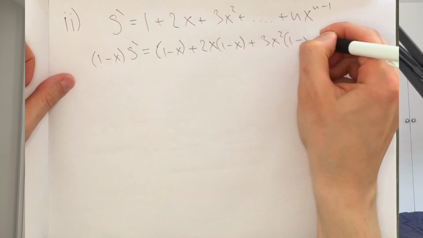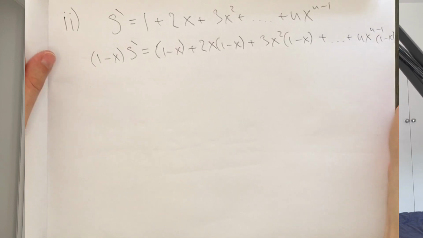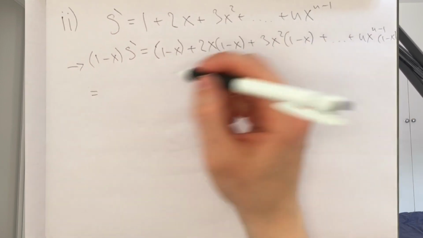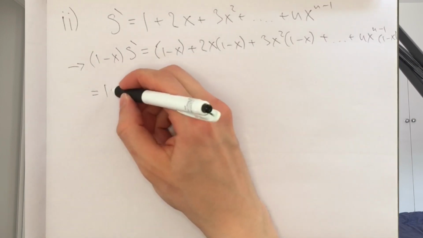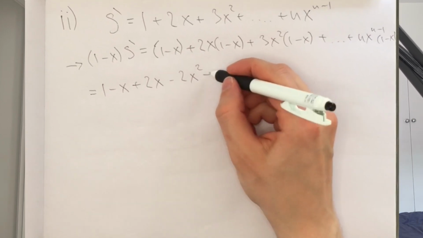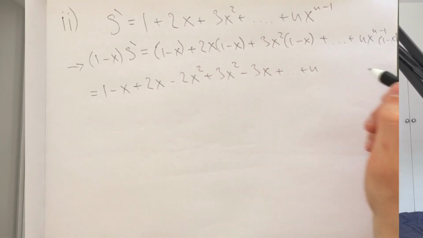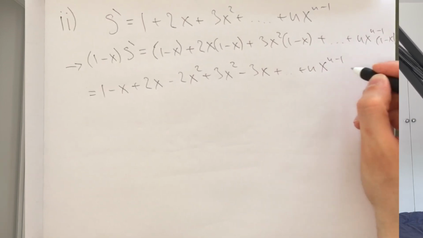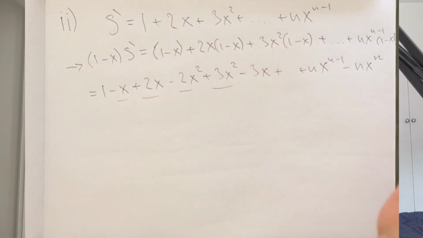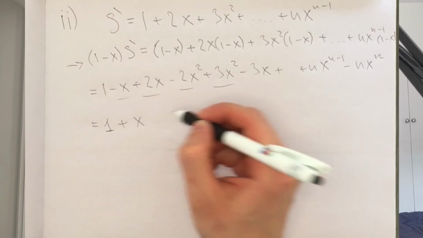Okay, so that seems quite strange. And then the last term will be this. So they want us to produce a formula for this. And okay, if we expand the brackets, we will get 1 minus x plus 2x minus 2x squared plus 3x squared minus 3x cubed, and so on, plus nx to the n minus 1 minus nx to the n. So, okay, some terms will combine, and I guess there is a pattern. So it's almost a telescoping sum, and I think the outcome will be 1 plus x